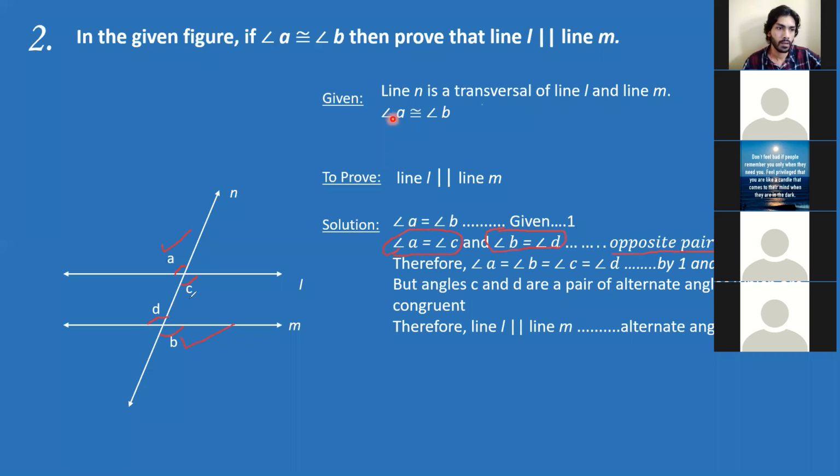Automatically, that is so. So C will be equal to D, and what do we know about the alternate angles test? That if alternate angles are equal, then the lines are parallel. So we have angle C, which is over here, and we have angle D, which is over here. They are alternate angles which are equal. So I said that line L is parallel to line M. Understand, Suraj? Yeah, wonderful, great.